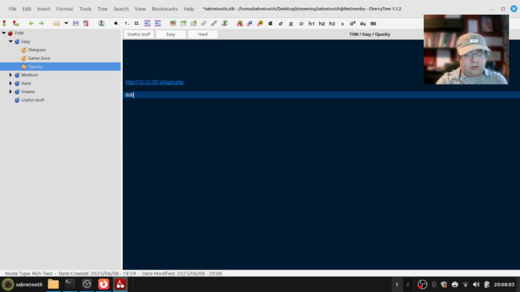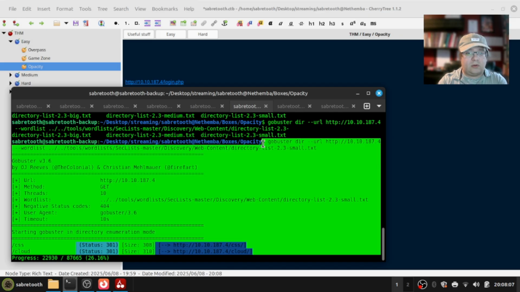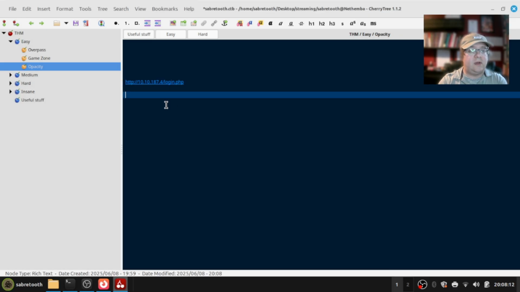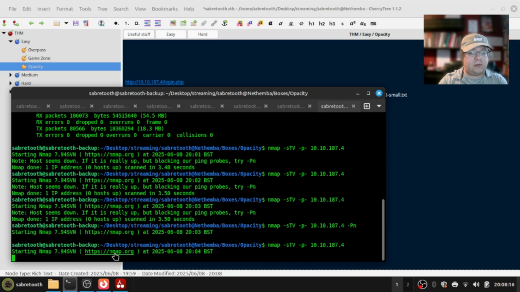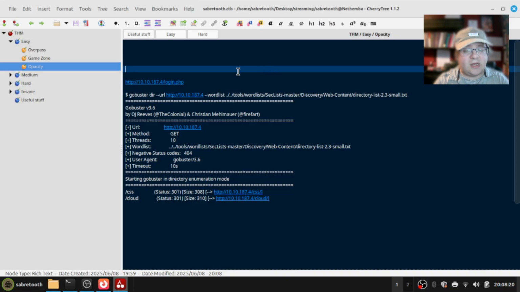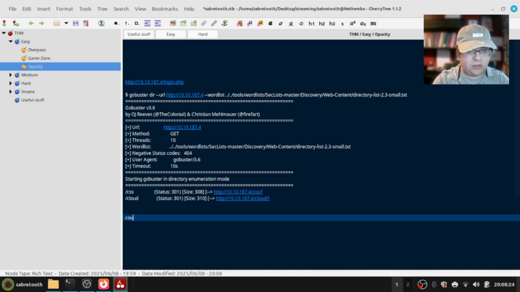So, do you know what? I'm actually literally just going to put the whole command rather than saying GoBuster shows, because I need to know exactly what I've actually done here. What's this Nmap doing? Ugh. It's going to take ages. Anyway, we're working on this. So, cloud shows